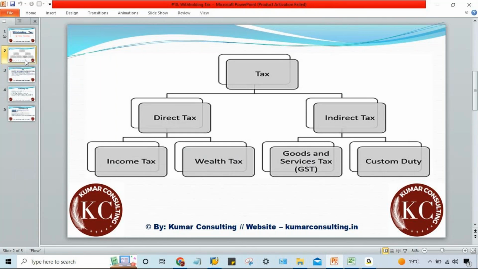Indirect tax will be discussed later. In upcoming classes, we'll have a topic called tax on sales purchase, where we have to configure indirect tax. Right now we have to talk about direct tax, which is your income tax, wealth tax, etc. Let's suppose you're working in a particular organization. Again, whatever I'm explaining may differ country to country, but yes, income tax is there in almost every country.